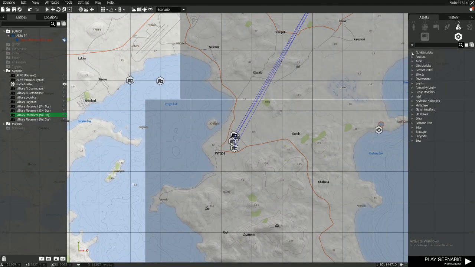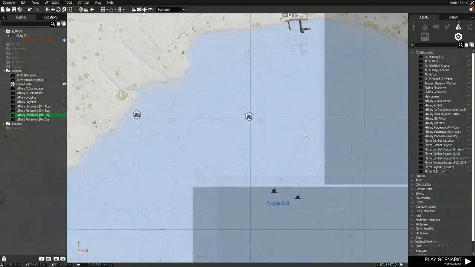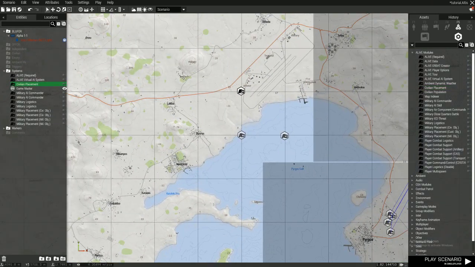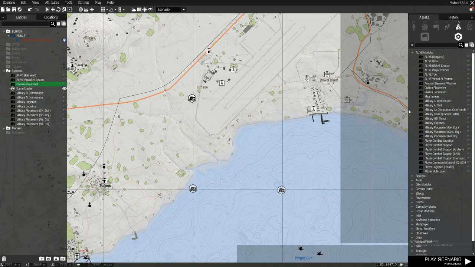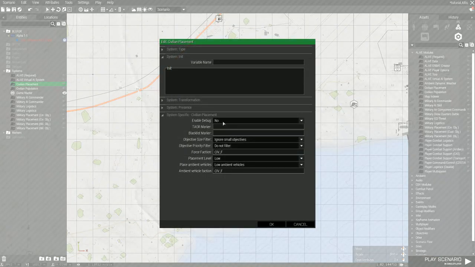So the next thing I'm going to do is go into modules, go into ALiVE. We're actually just going to use civilian placement and civilian population to start off with. So we'll place these two down over here, place one down, place the other one down. Right. So we're going to go into the civilian placement module. Enable debug, we'll leave alone. TAOR marker. So what this is going to do is place down ambient civilians inside the areas we've